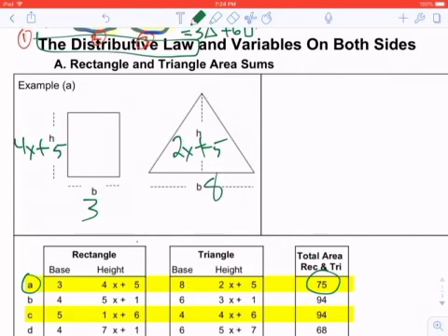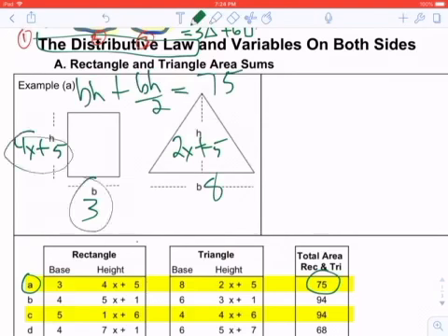If I look at this, the formulas are base times height, a length times width, for the rectangle, plus base times height over 2 for a triangle. And altogether, when I add that up, it's got to add up to 75, because the total area of the rectangle and triangle is 75. So let's do that. Base is 3, height is 4x plus 5. So that's 3 times (4x plus 5), which represents the area of the rectangle, plus